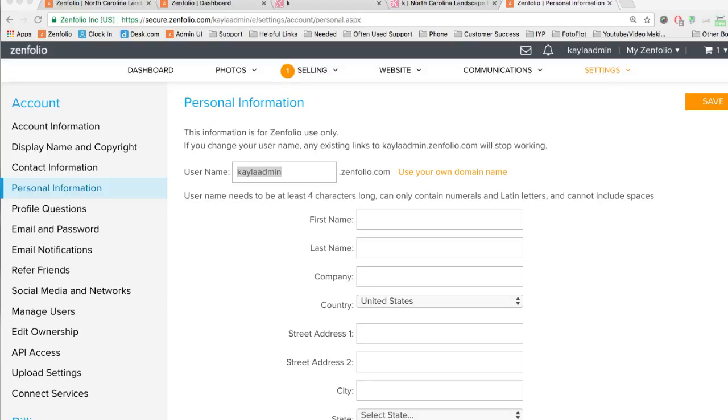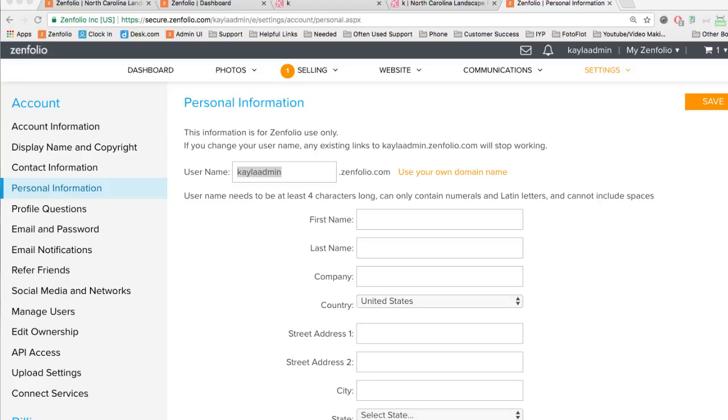In addition, any client accounts that were created while on the old username would basically no longer function correctly, and the client accounts would lose any previous saved favorites and personal information. And lastly, if you are changing your custom domain name, that will not affect your Zenfolio account. So if you had sent out links to your username.zenfolio.com address, using customdomain.com will still take them to your site,